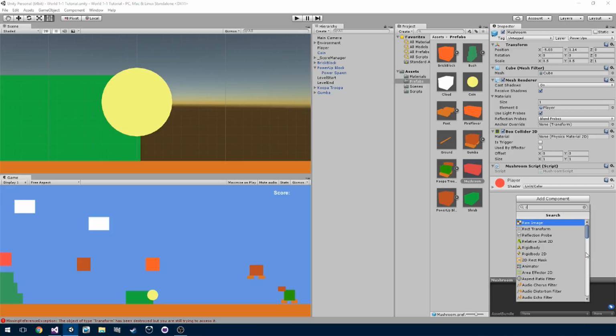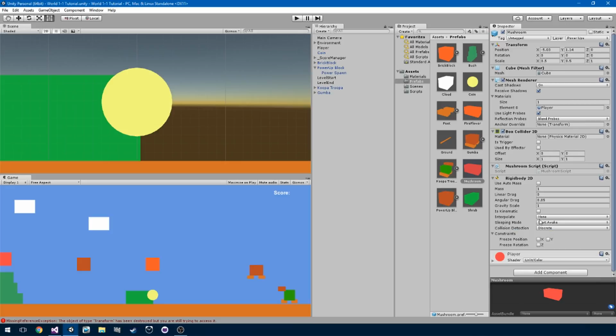So I'm gonna add a rigid body 2D, and we want to freeze its rotation because we don't want it getting all willy-nilly and throwing itself off axis and moving like upside down or like a crackhead in the street who just drank a yoo-hoo. And we're gonna create a script, a mushroom script, or a mushroom movement script. You can just add onto the